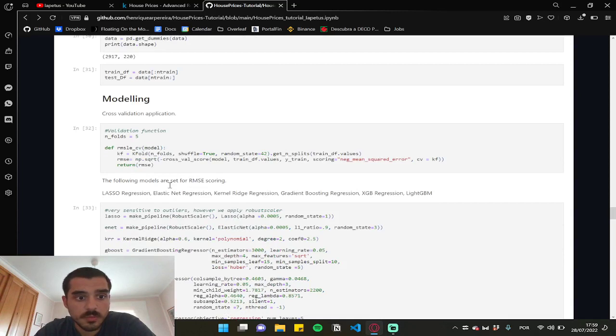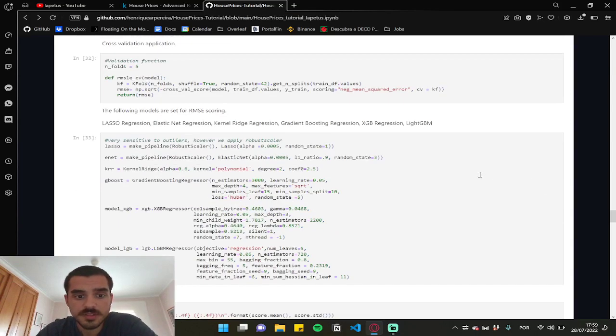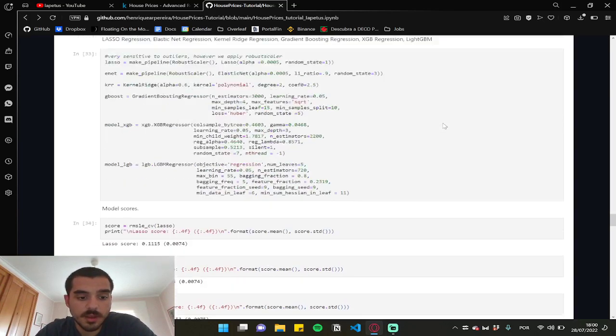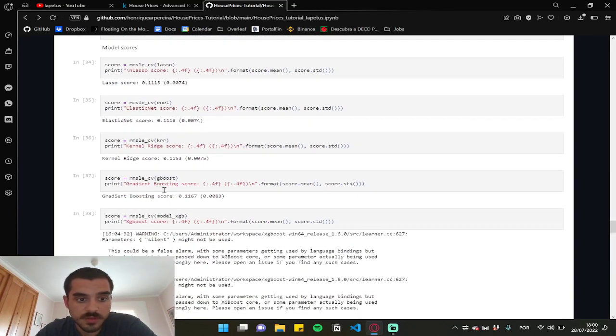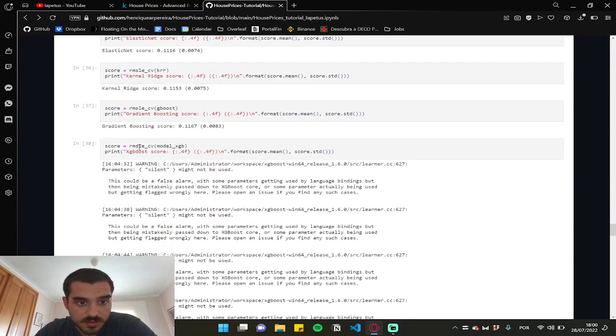Afterwards we do the modeling of these operations. We're gonna create a cross-validation application followed by the definition of the regression operations that we are gonna impose. The lasso regression, elastic net, kernel ridge regression, gradient boosting, XGBoost regression, and LGBM. For this we do the model scores, and we can see that, for example, with the XGBoost, by the way,